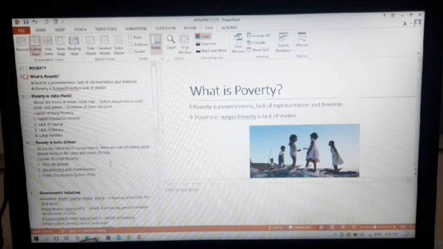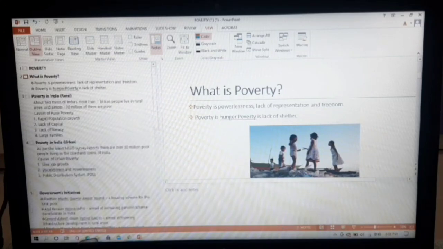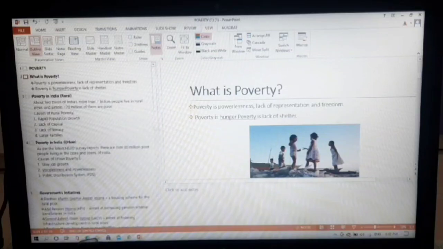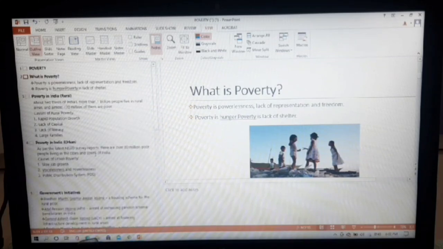As you can see here at the left hand side, there is the information which is present in the slides. So you can see this information at once. You could use this layout to review the organization of your slideshow and prepare to deliver your presentation. You can type directly in the outline to make changes to your slide text.